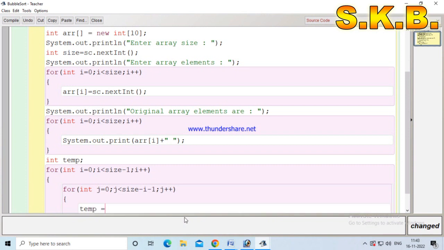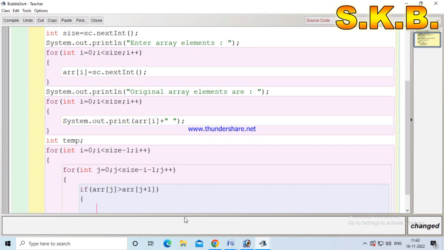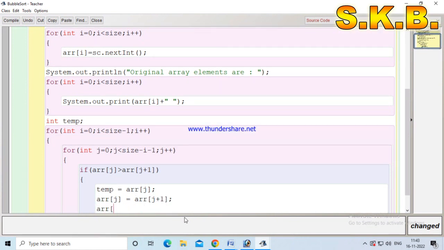Now here, sorry, I mistakenly wrote that. Now we have to put the condition: if array[j] greater than array[j+1]. It means the first index position is greater than the second index position. If it is true, then we can do the swapping. temp = array[j]; array[j] = array[j+1]; array[j+1] = temp;